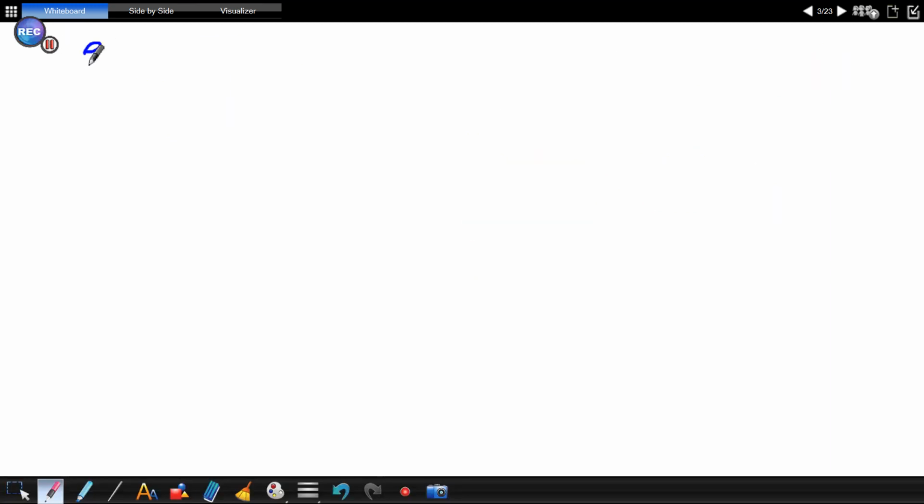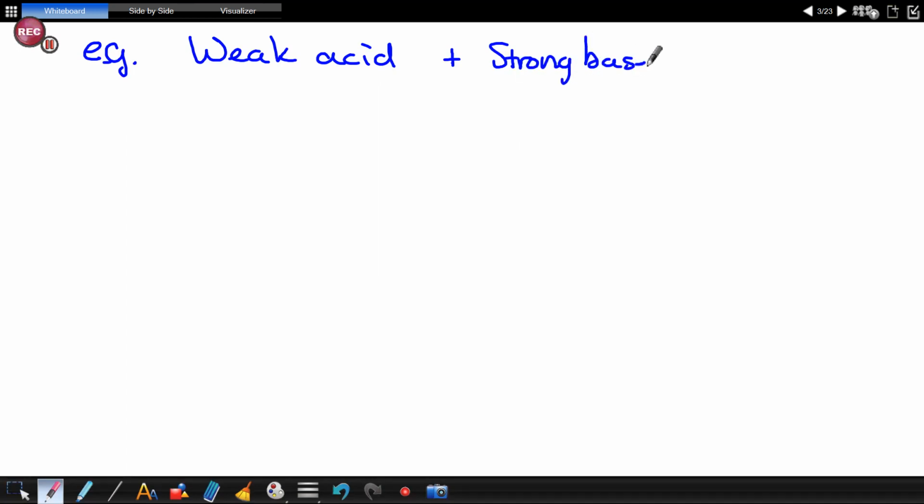So the next example is a weak acid. Now any organic acid is a weak acid. Anything, citric acid, ethanoic acid, oxalic acid, and a strong base. It will also form a salt and water. But here the anion formed will react with, it will be a weak